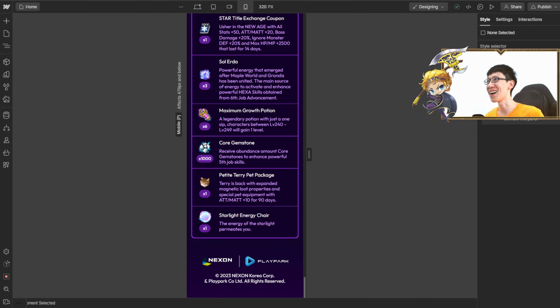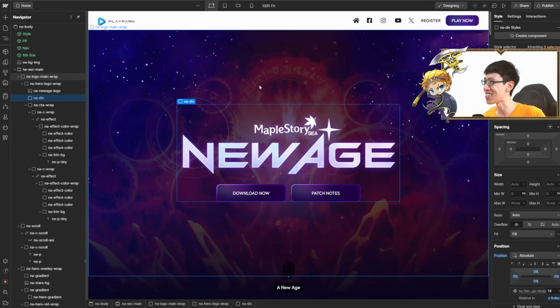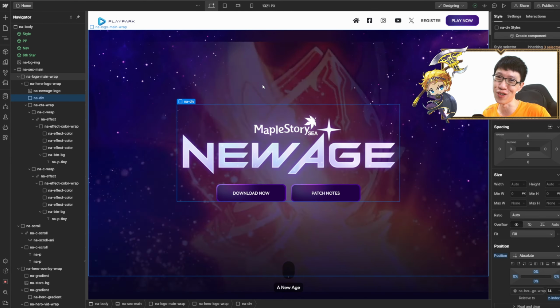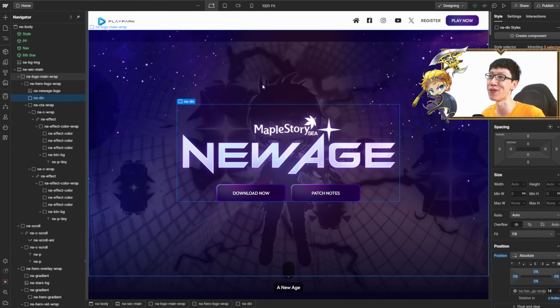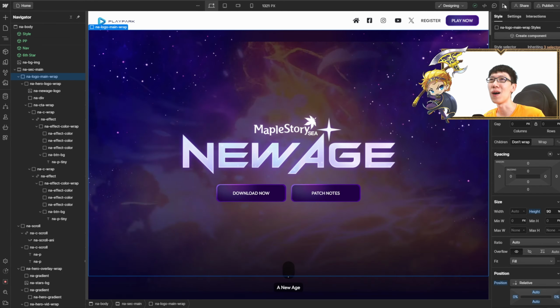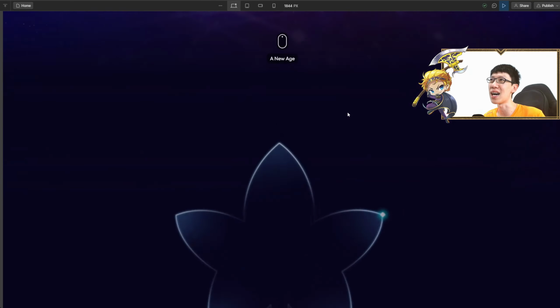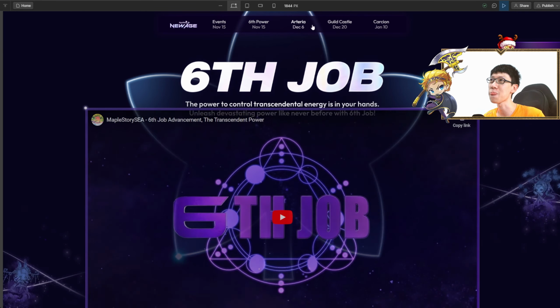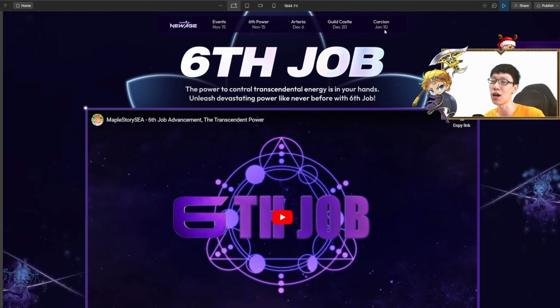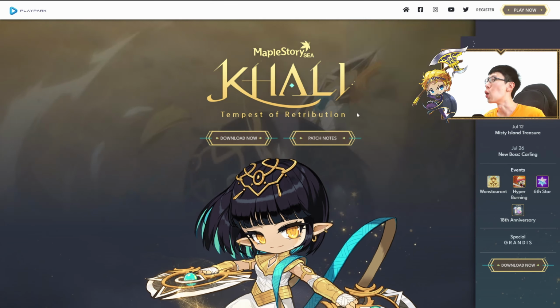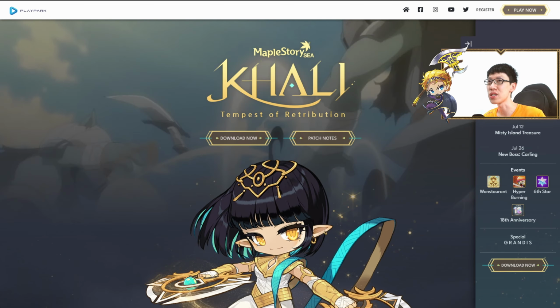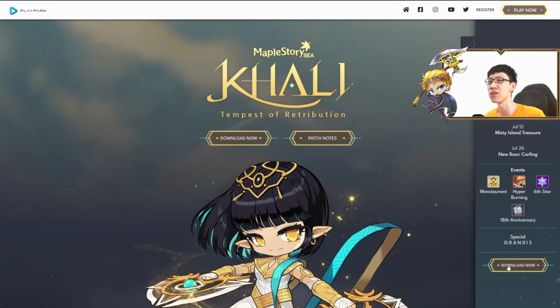Now, are you guys ready? New age. This is the main content over here that I would like to go through my thinking process. So I wanted to do the same design for the navigation bar over here as the savior update, which is like this, the sliding out. But I was thinking, no, because this over here is very distractive.